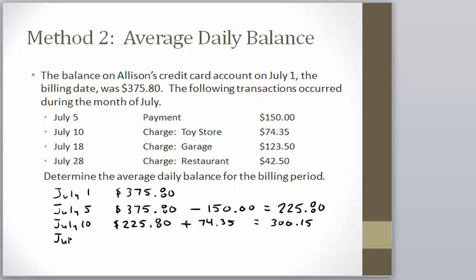On July 18th, I'm going to take her balance of $300.15 and note that she made another charge in the amount of $123.50, which makes her total amount due